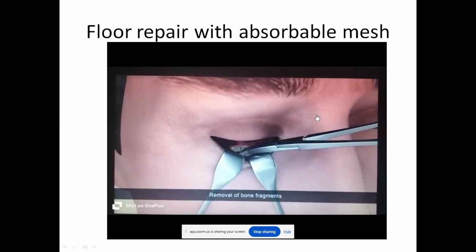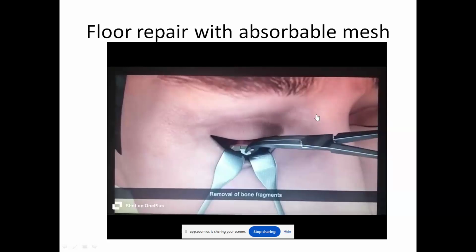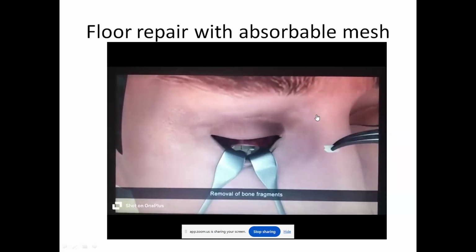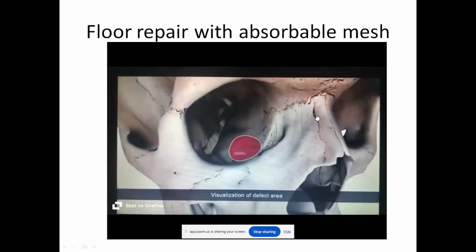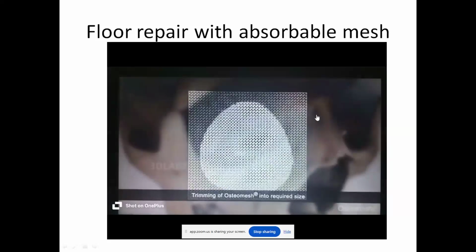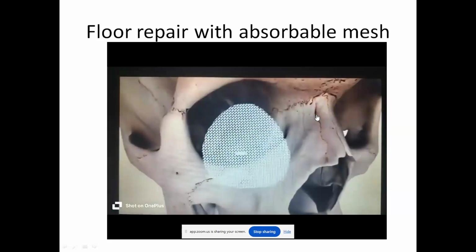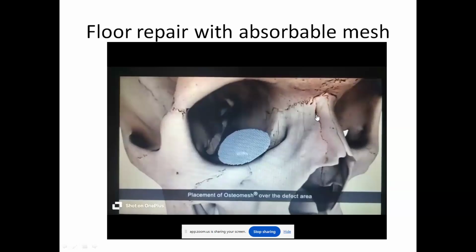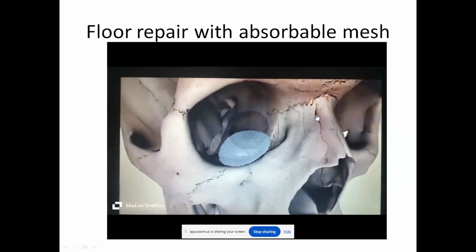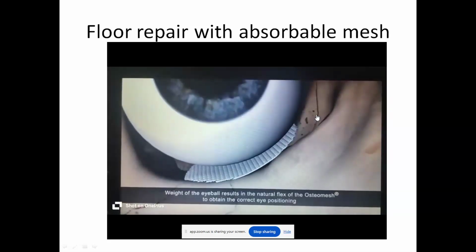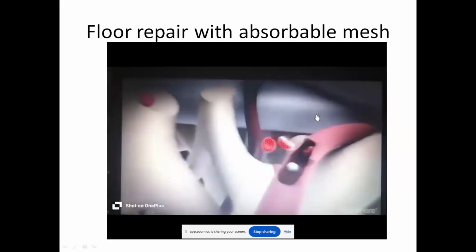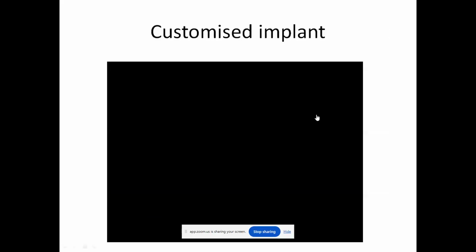If there are any bony chips remaining there, you remove them. Then carefully deposit all the herniated orbital content, whether it is muscle or fat, back into the orbit. Then place an implant large enough to cover the defect and ensure that the posterior part of the implant rests on the posterior ledge of the fracture defect so that it covers it completely. Now, implants can be either resorbable implants or